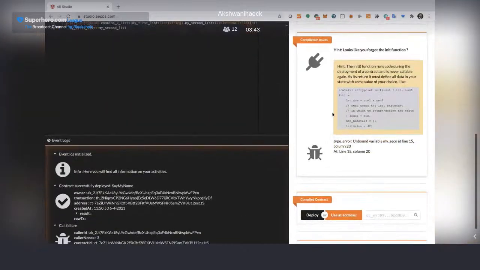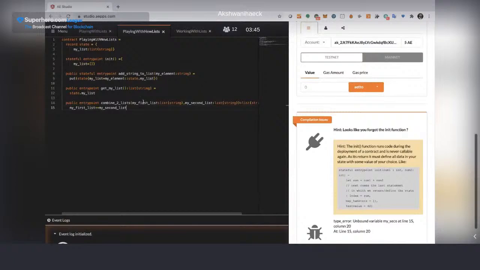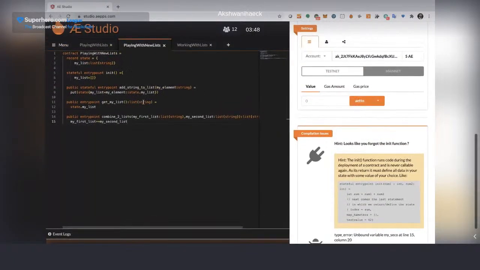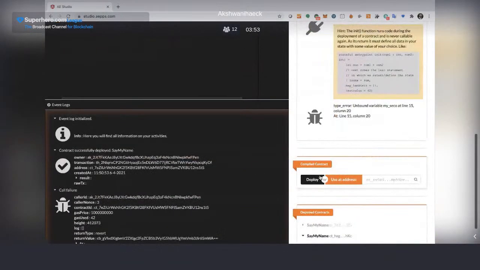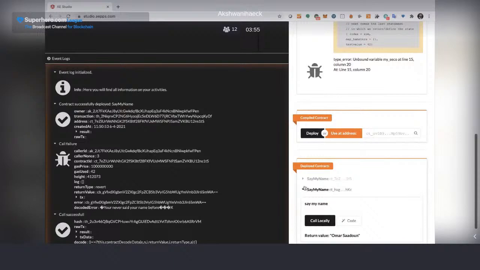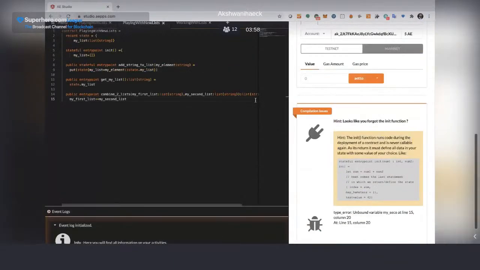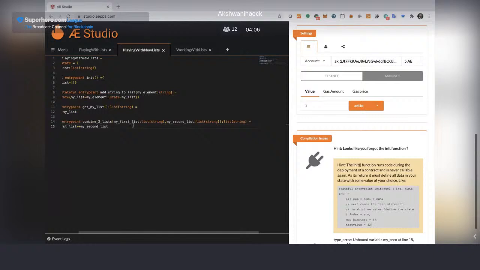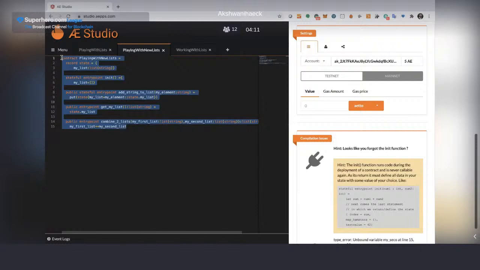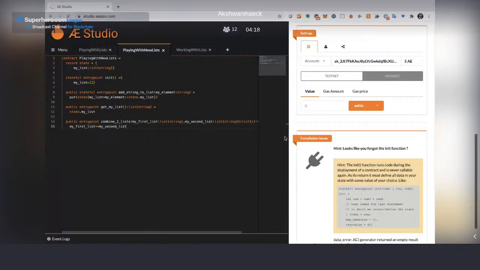That should work also. What's wrong here? No, it looks fine, right? Anyway, it's saying some error here. I'm having some refreshing issues, I guess, or maybe I wrote something bad. I remember last time I was trying something and it was like, where's the error? There's no error. And finally there was some very small error. Let's refresh.